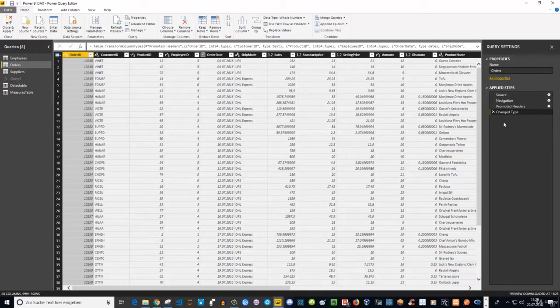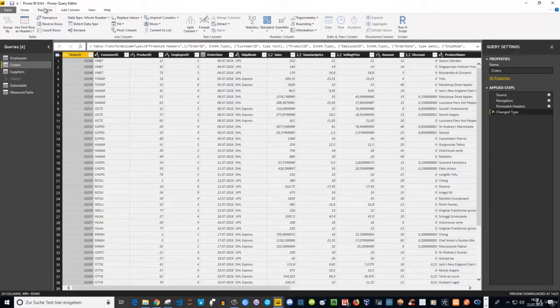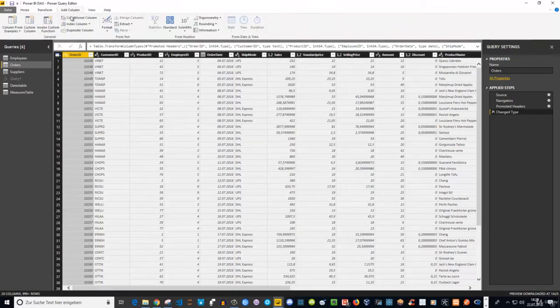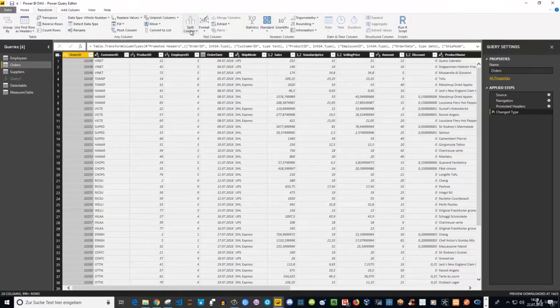Now, of course, we have the option within this query editor, because it's an ETL tool, to do a lot of other steps, like for instance filtering our data, or we can split those columns by a certain delimiter. For instance, we can replace values, we can do pivoting as well as unpivoting, so a lot of different transformation options here, as well as adding new columns. These are all things which we covered in depth in the first Power BI Masterclass series, so it's not something I will cover here. But what I'm going to show you here is if you click on transform, you find